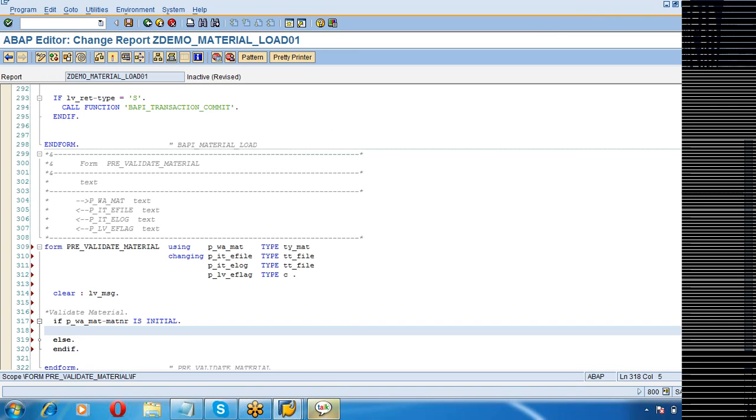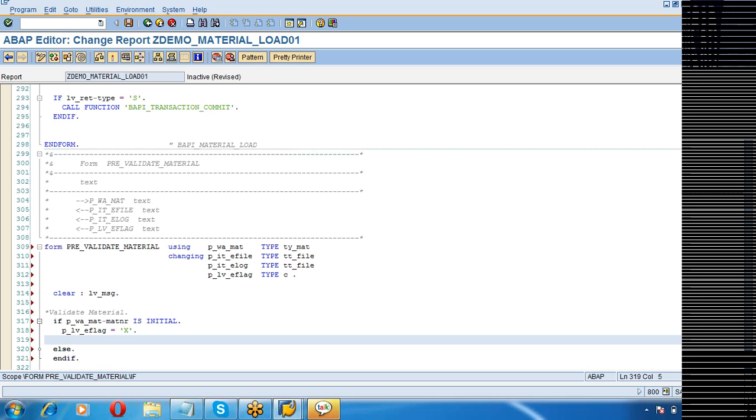If material number is initial, then I'll set the error flag, and separate the messages by semicolon. So concatenate material number missing into this.